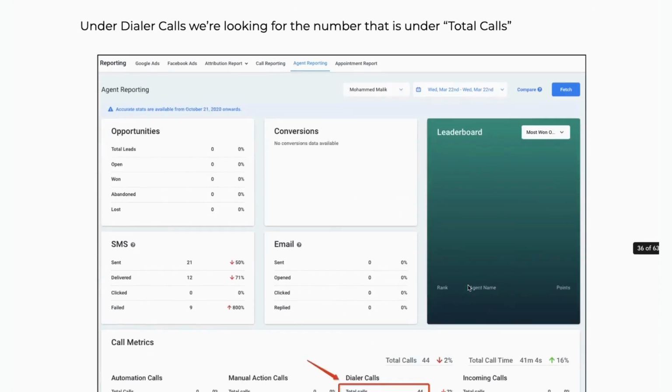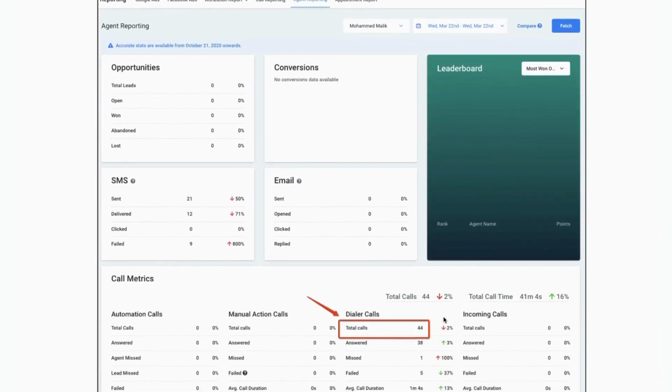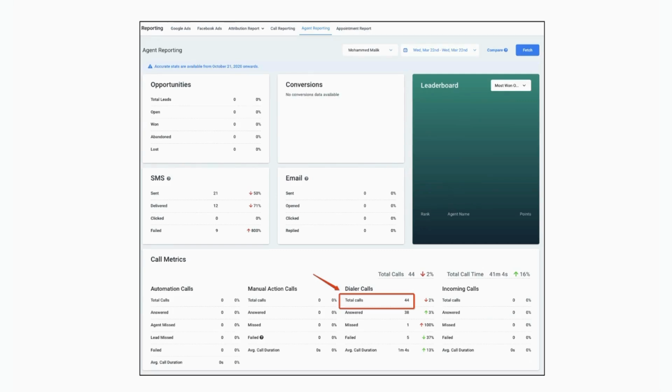Now, once you've done that, in this little section right at the bottom, there's a section that has dialer calls. Let me zoom out so you guys can see a little bit better. All right, team, we're back. So as you can see, this is the entire screen and what it would look like when you select fetch,